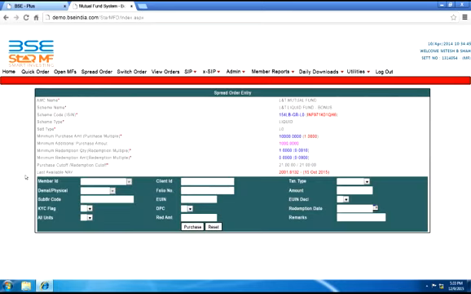In the order entry window, enter UCC, select transaction type, fresh or additional as the case may be. Transaction mode would be physical only by default. Folio number would be mandatory if the transaction type additional purchase is selected. Enter the amount of investment for purchase. Enter sub broker code as the case may be. EUIN number is a mandatory field. EUIN declaration to be yes or no as the case may be.